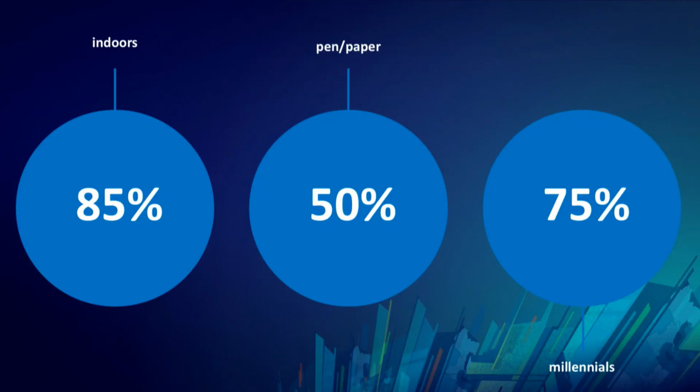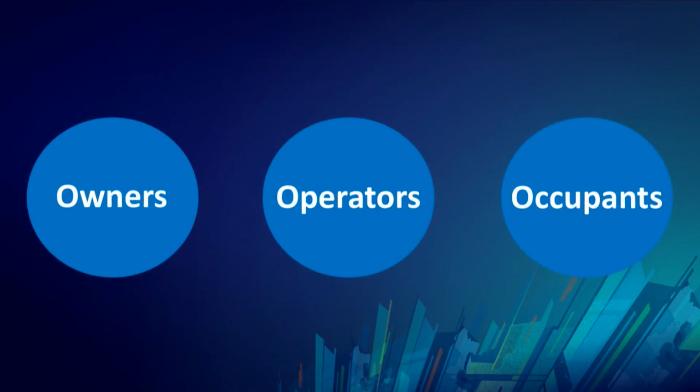Well, for one, in 7 short years, our workforce will be led by millennials. And in this age of real-time data and information everywhere, using these archaic methods of record keeping are a challenge for business sustainability. This problem and opportunity exists across industries and sectors. So we looked at a common thread that connects them all, the user personas. And we divided them or classified them into 3 different groups: the owners, operators, and occupants.